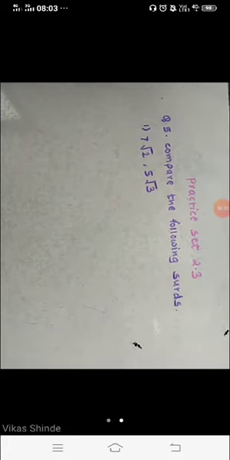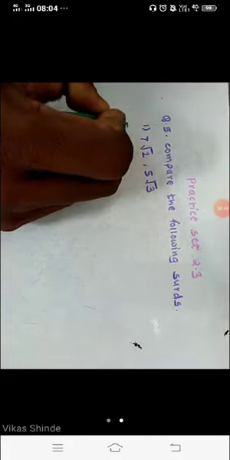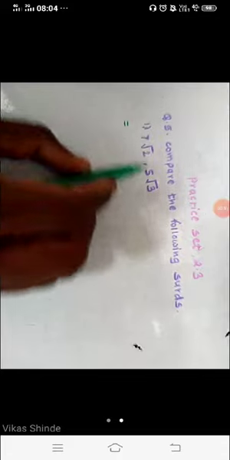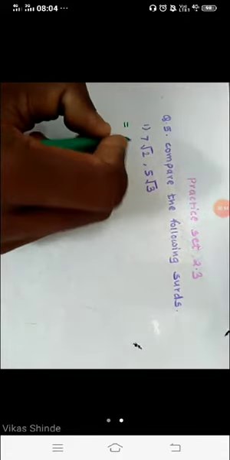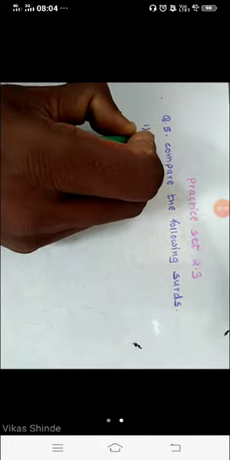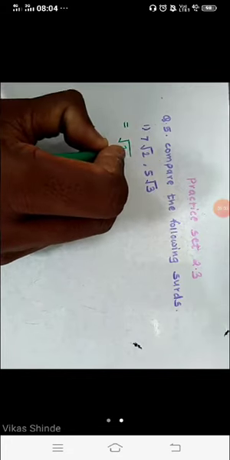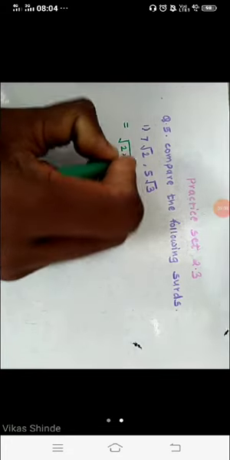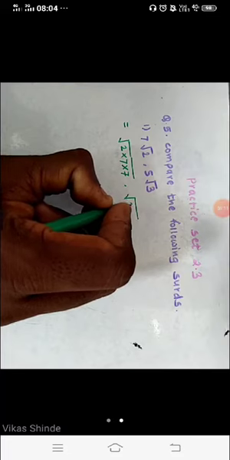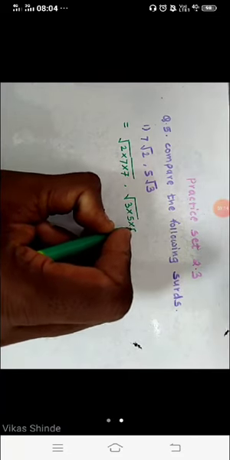Here question number 5 in your textbook. Compare the following surds. Question number 1: 7 under root of 2 and 5 under root of 3. Firstly, in our solution, we have to convert these two surds into pure form. Both these surds are in mixed form, so we have to convert them into pure form. Means we have to shift the 7 inside. Here the order is 2, so we have to write that 7 two times. For the second, we have to write 5 two times, then 3.